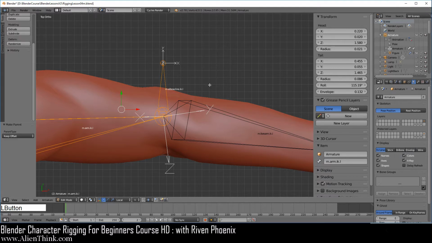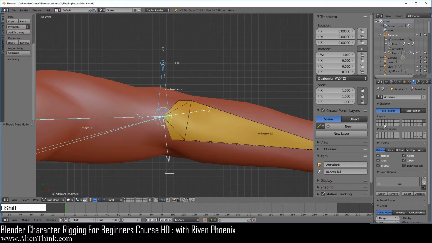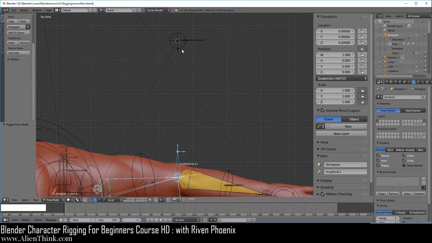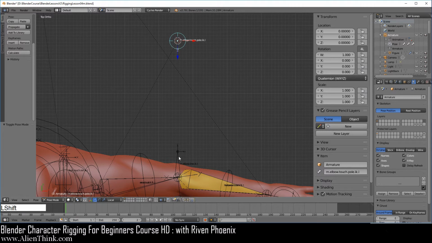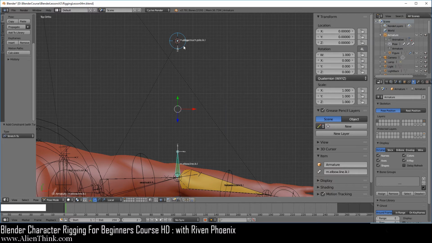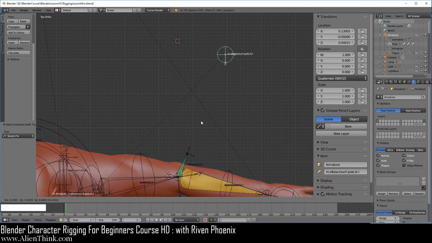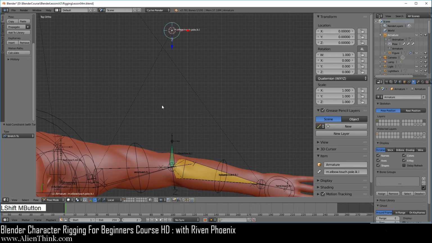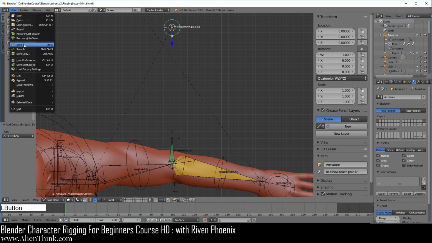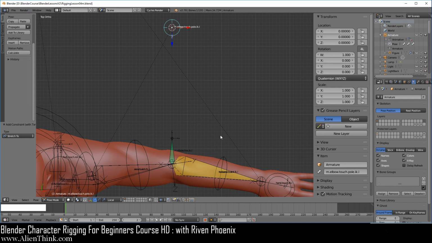Okay, now go ahead and switch this to pose mode. Of course we have to press the shift key down and turn this layer back on, so we can go ahead and click on this bone, press the shift key down, click on this one, do shift Control C, and here we're going to do a stretch to, right? So if you click over here and press the G key, you will see that the bone will start to stretch over here. Okay, so let's go ahead under File and do Save, and I'll see you in the next lesson. Thank you.